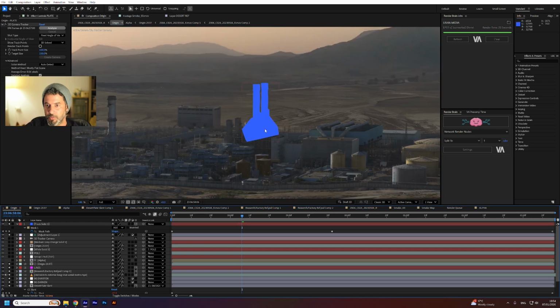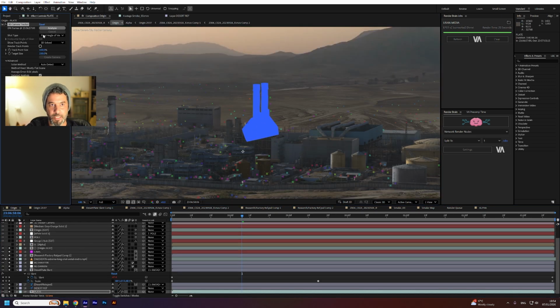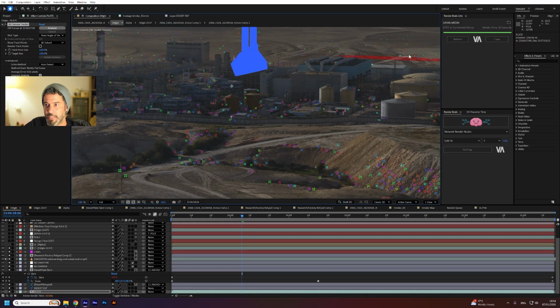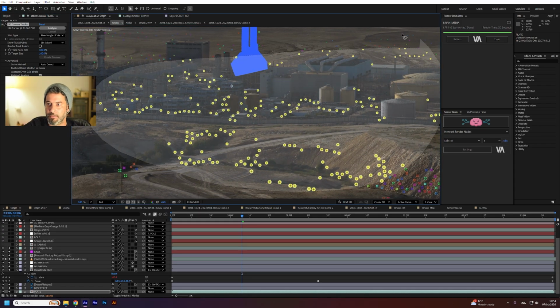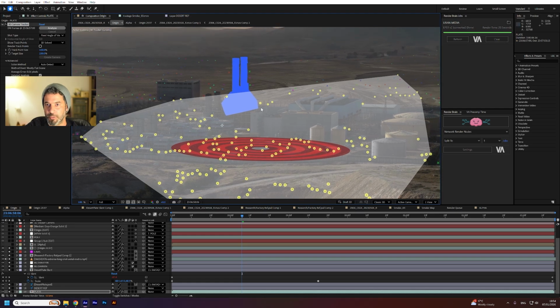Yay! So let's create another layer. I'm gonna go again to the camera tracker. I'm gonna select as many points as I can because I want this to be the ground plane. So it will actually be all over this area. So I'm gonna create,